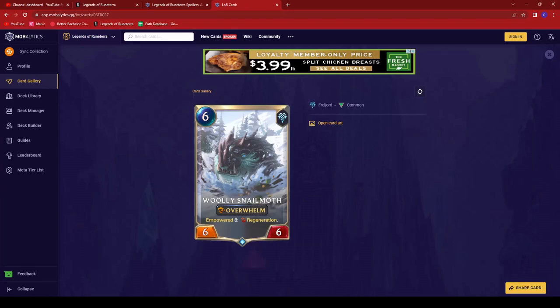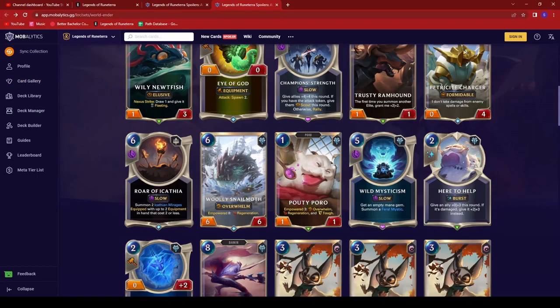All right, so 6 cost, empowered. That's a new word. Overwhelm 6/6. Regenerating. So I'm going to look at some of the other cards. All right, the next one also empowered. Overwhelm, regenerating, and tough. I'm going to guess that empowered may work similar to like Karma's Enlightened, where you can